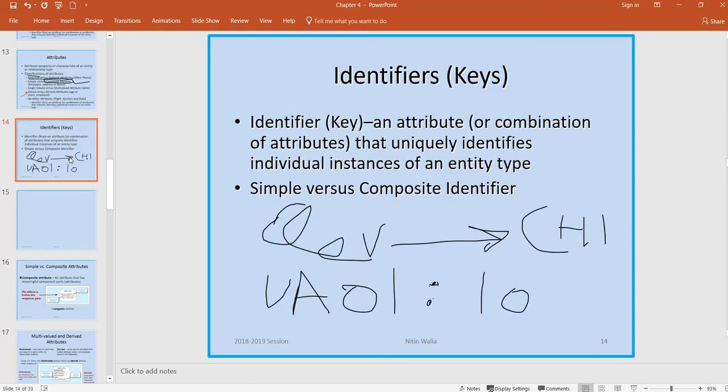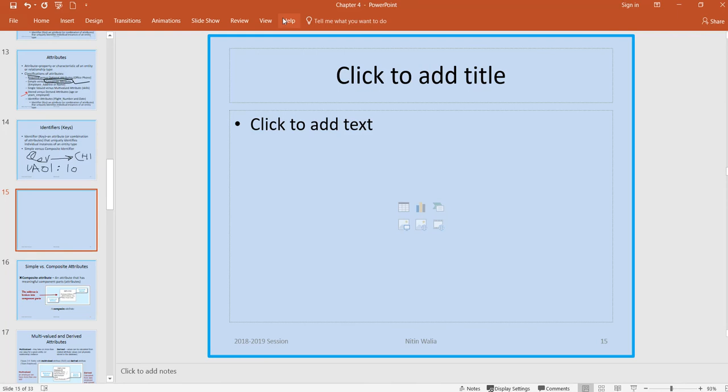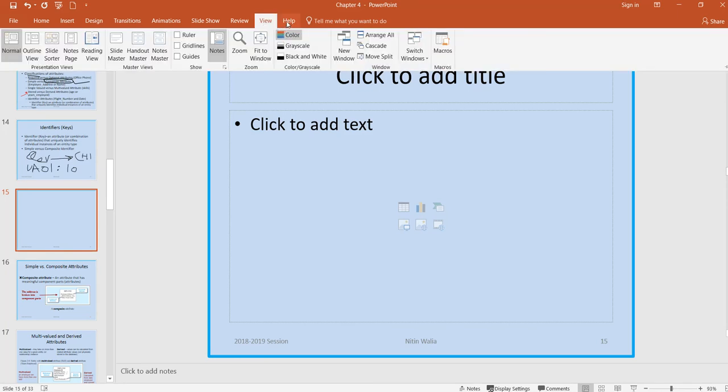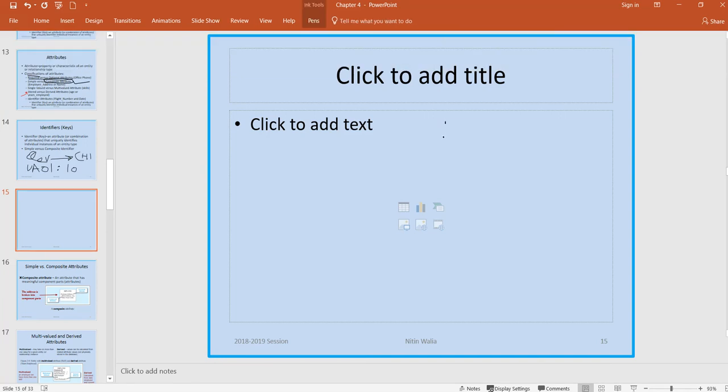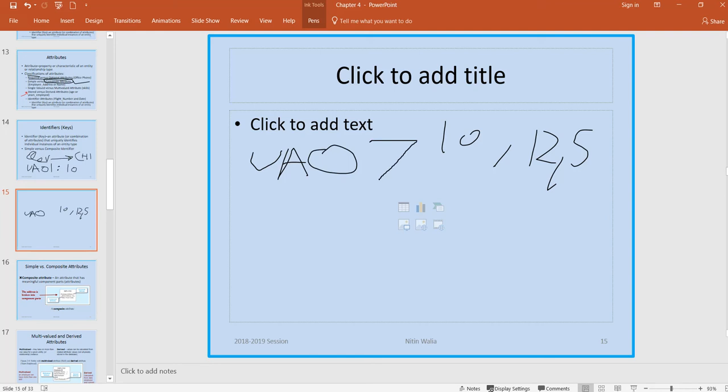In this example, we have a flight from Cleveland to Chicago, UA01 at morning 10 o'clock. Then we have another flight from Cleveland to Chicago at noon. Then another flight to Chicago at 5 p.m. So 3 flights going from Cleveland to Chicago, one at 10, one at noon, and one at 5 p.m. The way it works is all those flights will have the same number, because they all are between the same two cities. So they all may be called UA07. So they all have the same flight number,